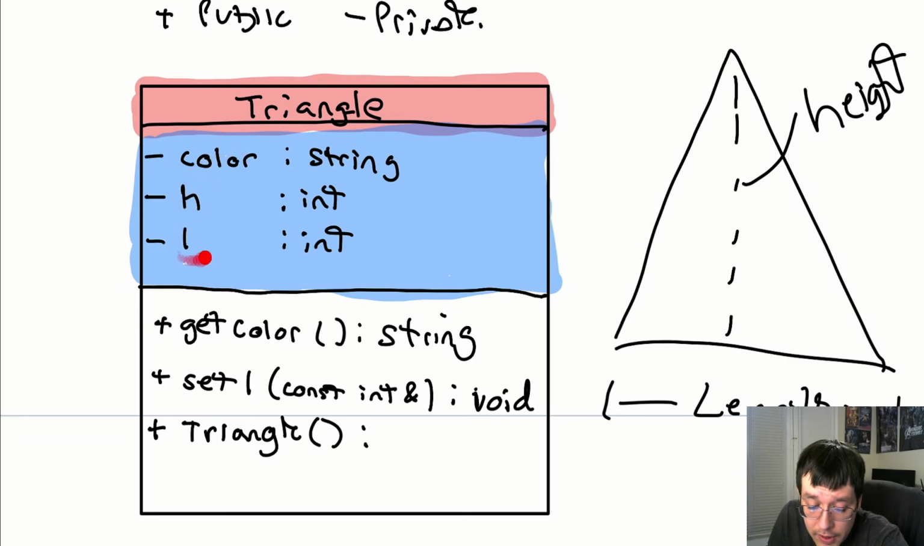These are the variable names. These are the function names. These are the variable types. And then these are the function return types. And then in here you have your parameters. Const int ampersand means that this is a read-only